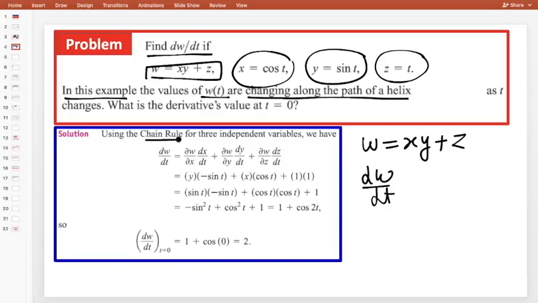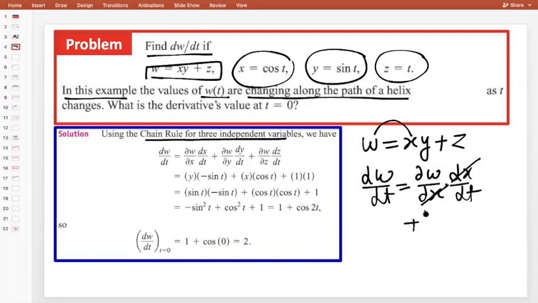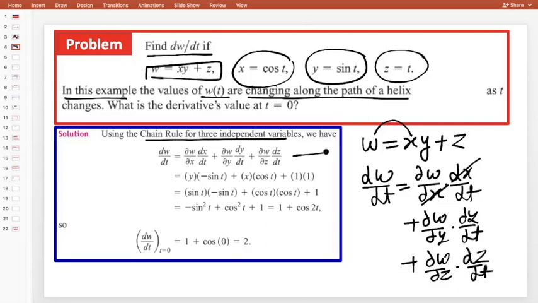dw by dt, just now we have seen, if w is a function of x, y, z, so what can we do? del w by del x into del x by del t, right? We have to find dw by dt, so w is a function of x, so we can use del w by del x into dx by dt. You can also see x will be cancelled, you will get dw by dt, right? In a similar way, del w by del y into dy by dt. And the third one is what? del w by del z into dz by dt. In this way we can use the chain rule and find the derivative.